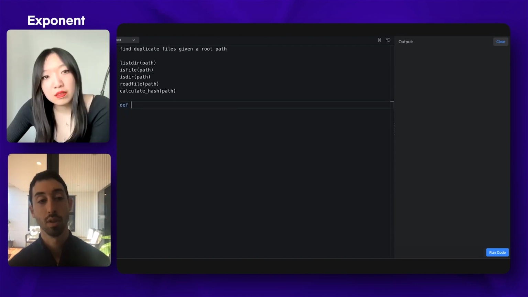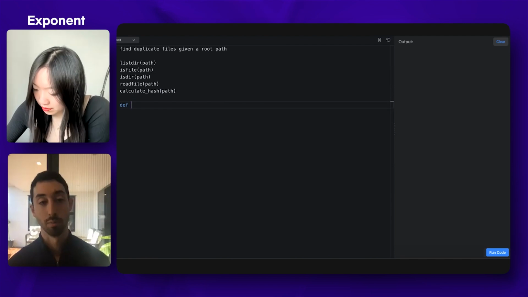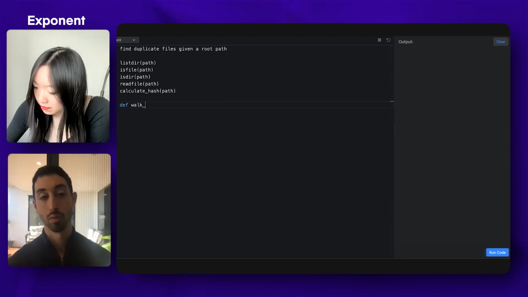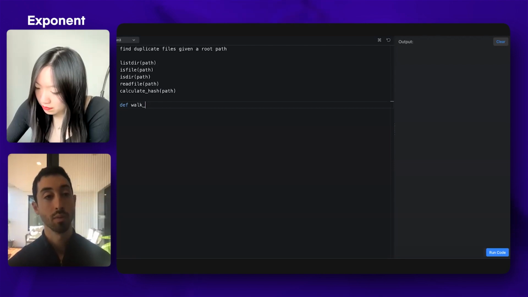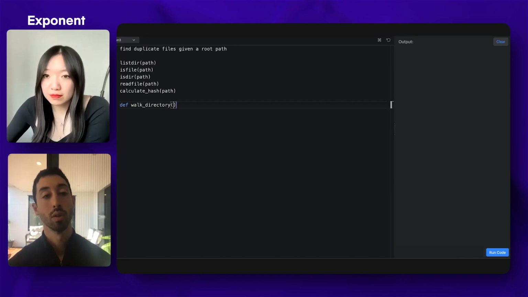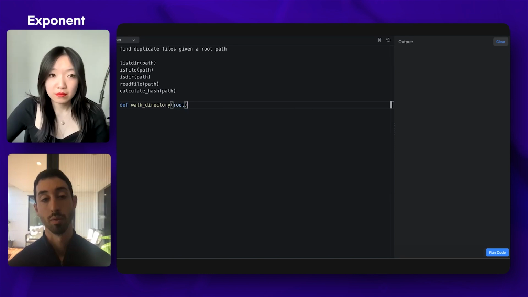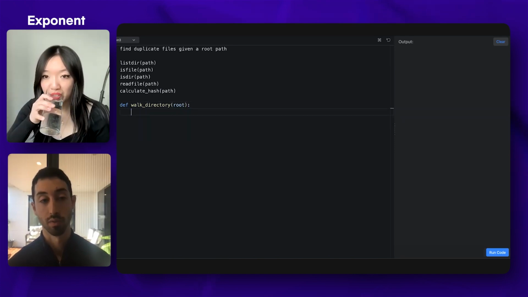So first, as I said, we can do it in two parts. So first, let's walk the directory. It will start based on some root path, and I need to gather all the file paths.